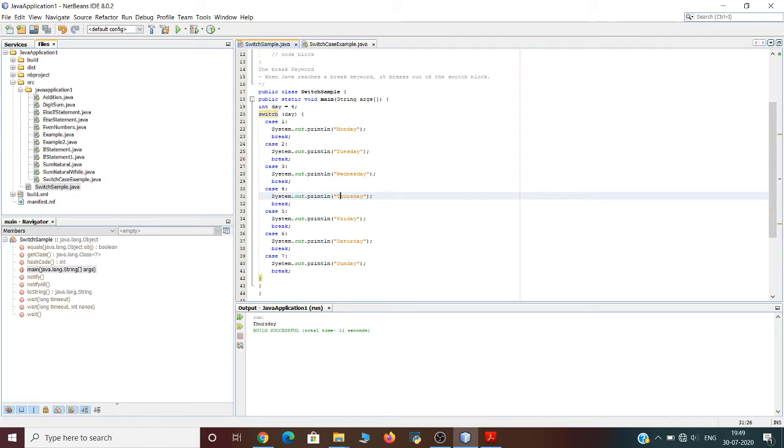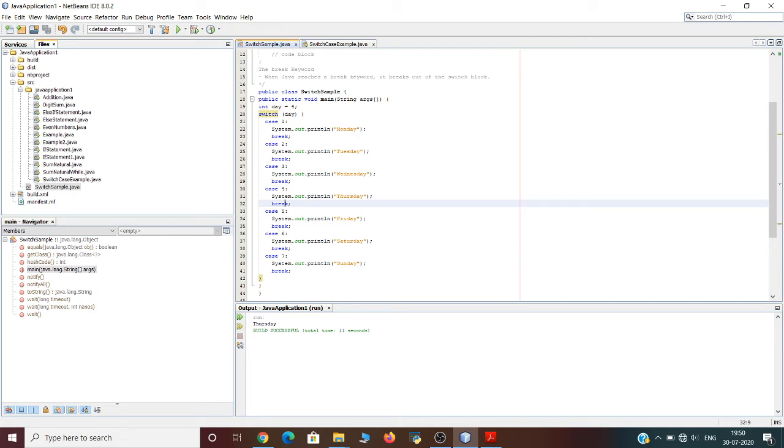Now immediately after this block, there is a break keyword. As I said earlier, when Java reaches a break keyword, it just breaks out of the switch block. So the control will then break out of this switch block. And why is break necessary? Because this will stop the execution of more code and case testing inside the block.